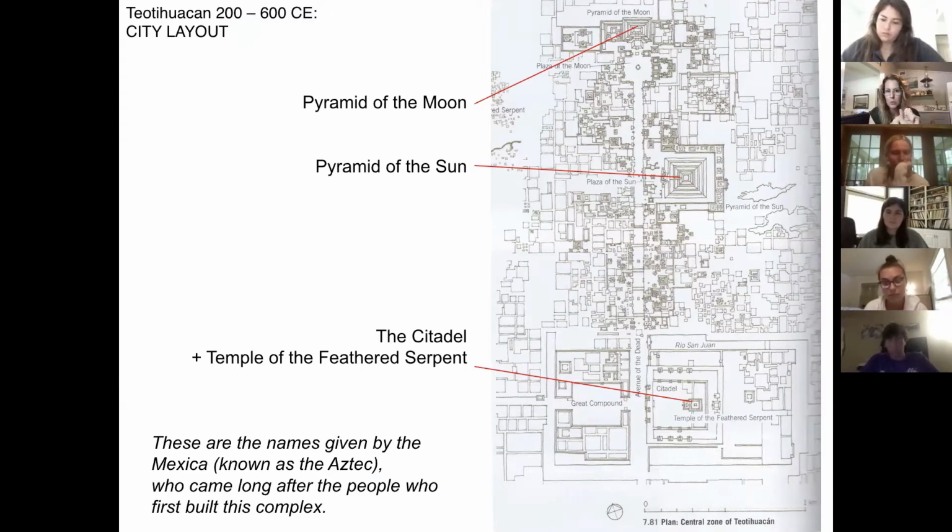The Pyramid of the Moon, which is in the upper region of the plan here. The Pyramid of the Sun, central, north central, a little bit northeast. And then the Citadel and the Temple of the Feathered Serpent. Each of these sites was built sequentially. The Pyramid of the Sun was built first, the Pyramid of the Moon was second, and the Temple and the